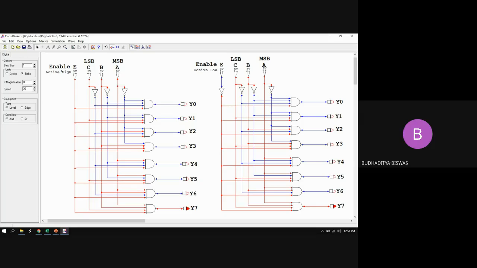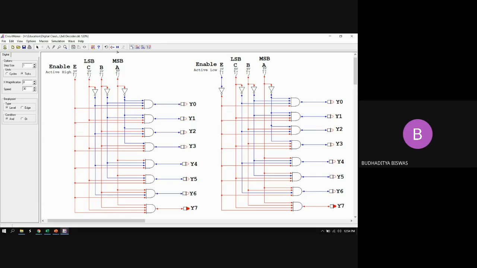No, it's not pull down. This is actually a digital line which is controlled by the processor. Another input line which is connected to all of the gates, and this is controlled by the processor. If it is active high, then the processor should give 1 to activate this device. If it is active low, then the processor should give a 0 to activate this device. So this is one control line. This is not a data line. These A, B, C are called the data lines, which are decoded and the information is present at the output lines. But this enable input is a special type of input, which is called the control line.